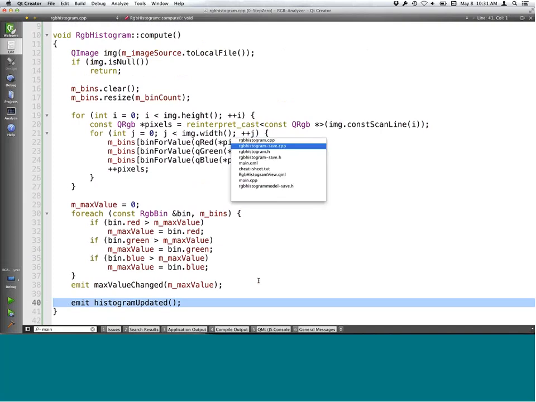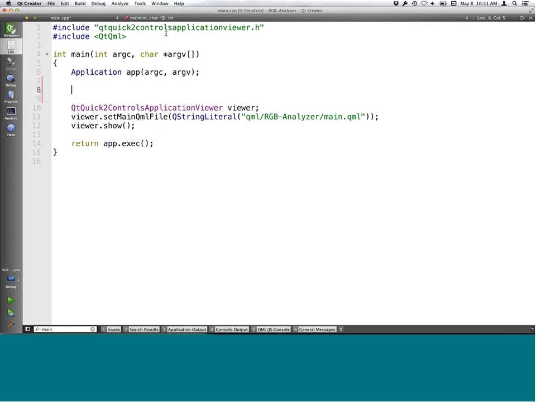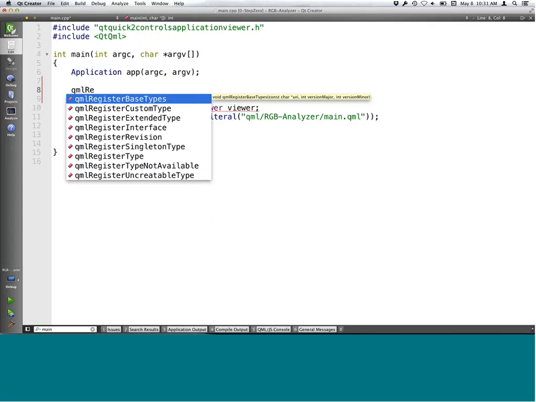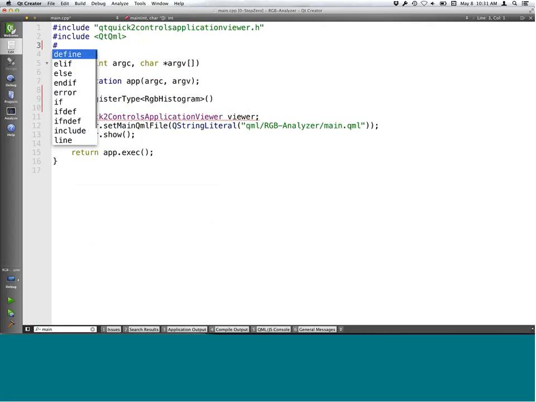So, but before we can use it, we need to make it known. Now we have defined the class, but we need to make it known to the QML engine. To do so, well, first we have this main.cpp file. This main.cpp again is part of the project template. So it will be created for you, and you don't need to have anything. So we are going to register type here, RGB histogram. This is our type. Then obviously we need to include also